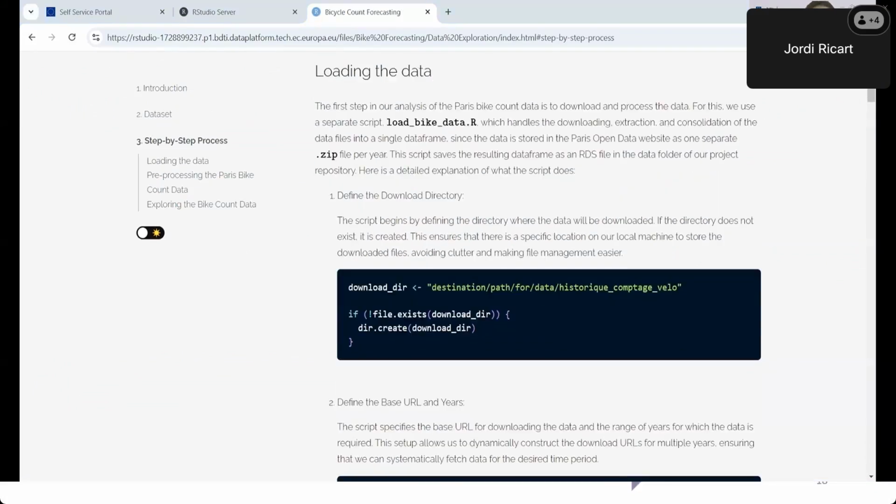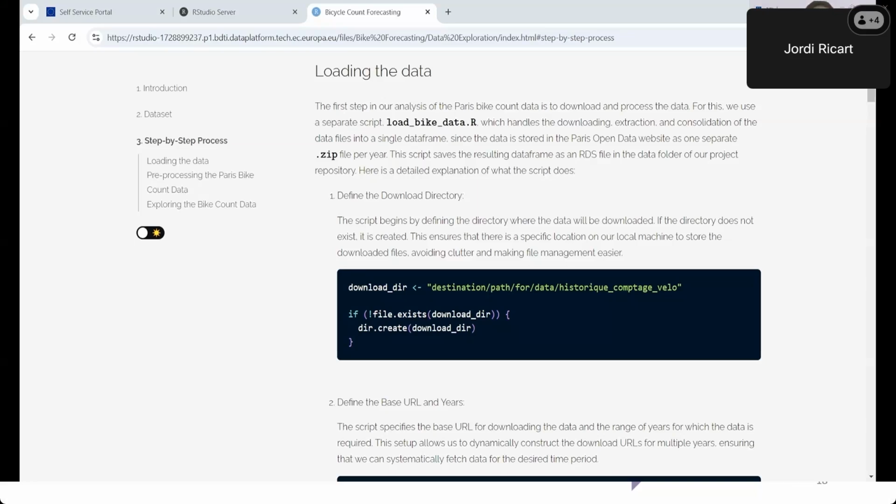Because of time limitations, we don't have time to go line by line explaining what this code does in the exploratory data analysis part. So just feel free to retrieve this code, and also you will have the knitted output, so this HTML file from the GitLab repository. But for now, we'll just take a look at the general steps. So the goal of this file is to understand, from historical data, if there's any seasonality in the bike counts in Paris or any trends, and also see how the data is structured and all that.